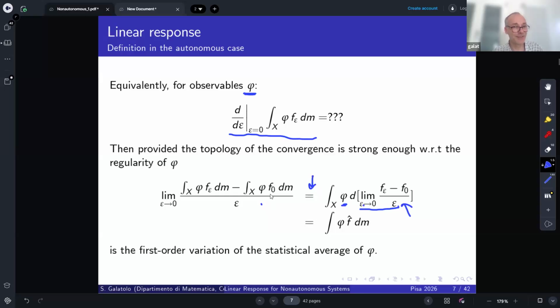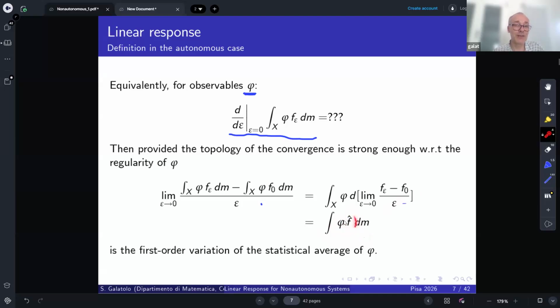But if you prove the convergence of this in the right topology, you can go from this to this, and then you discover that the derivative of the average of the observable is nothing but the integral of the observable with respect to the linear response. Again, notice that